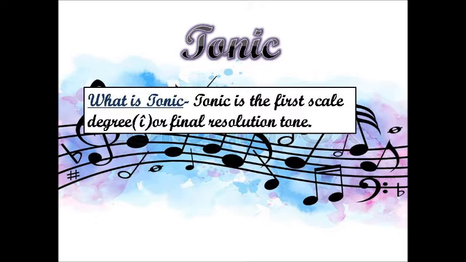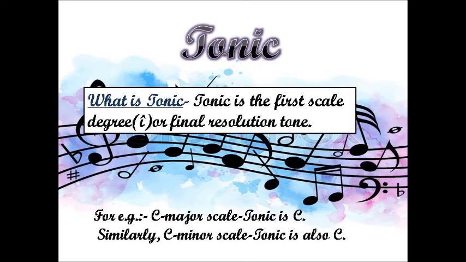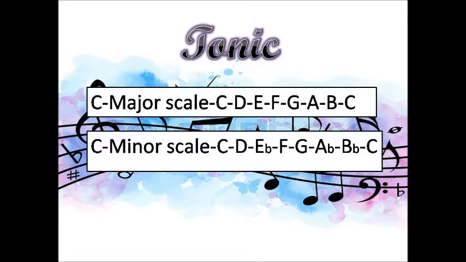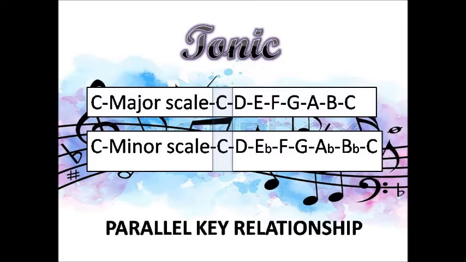Don't get confused with those technical terms. We will learn all these terms in our upcoming lessons. For now, simply understand that tonic is a note that dominates the scale or sounds prominent when we consider the diatonic scale as a whole. For example, in the C major scale, the tonic is C. Similarly, in the C minor scale, the tonic is also C. Thus, a major and minor scale that have the same tonic, or first note in the scale, fall under a parallel relationship. So in music terms, we would say C minor is the parallel minor of C major.